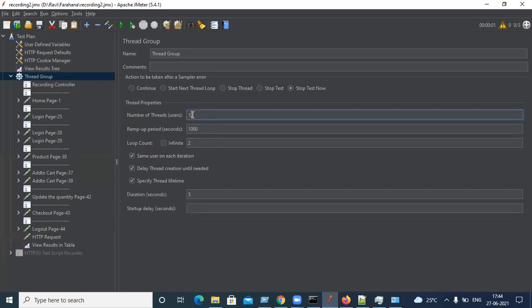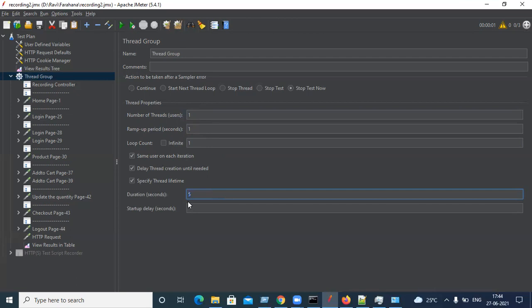Suppose we give 1 here. Then your script will execute only 1 second, so at that time it won't go for 5. Generally your script will complete in 1 second, but you are giving duration 5, so at that time it won't work.